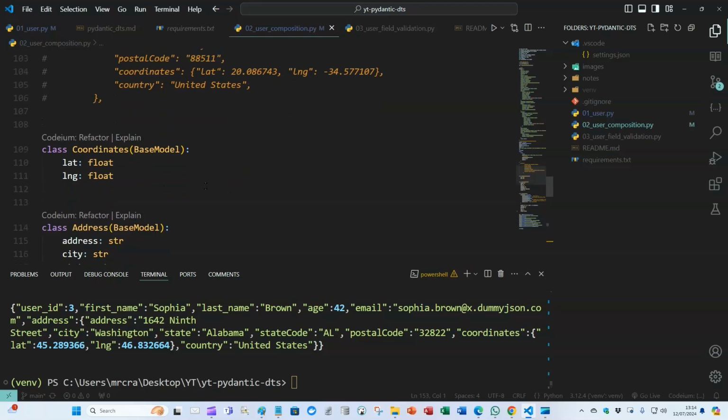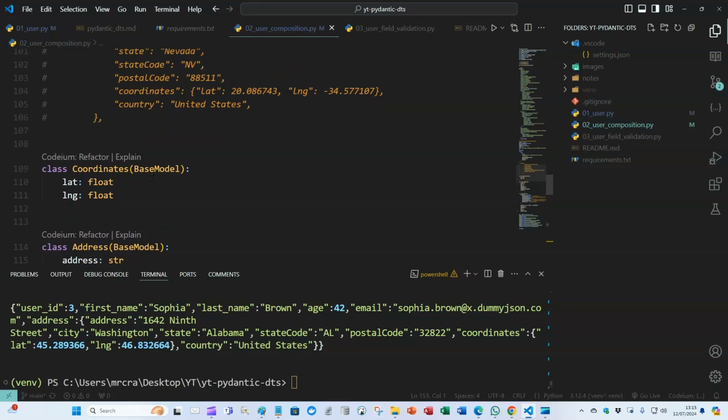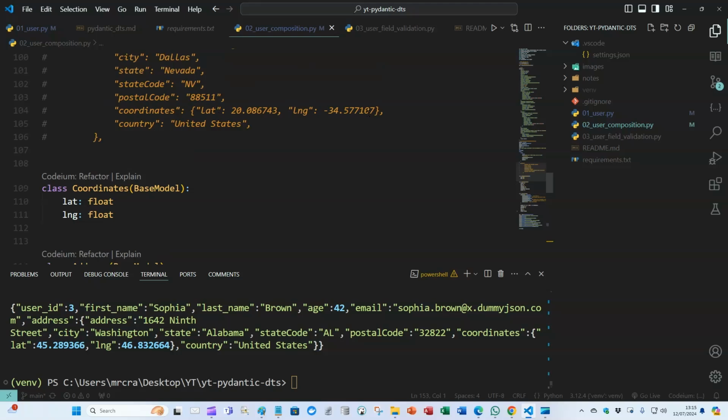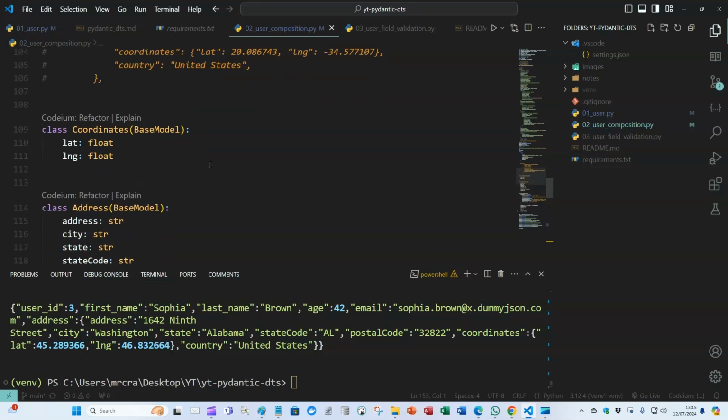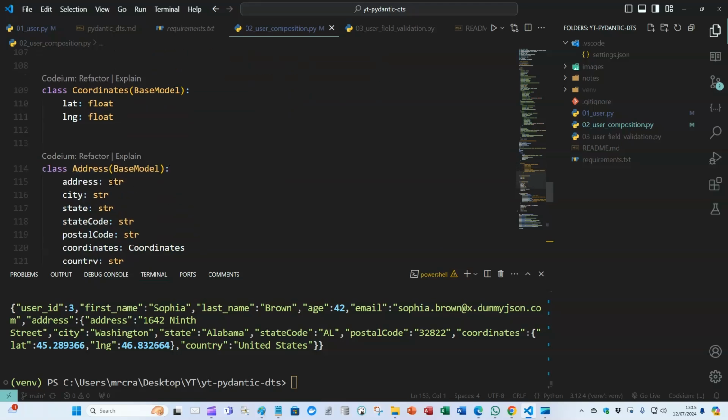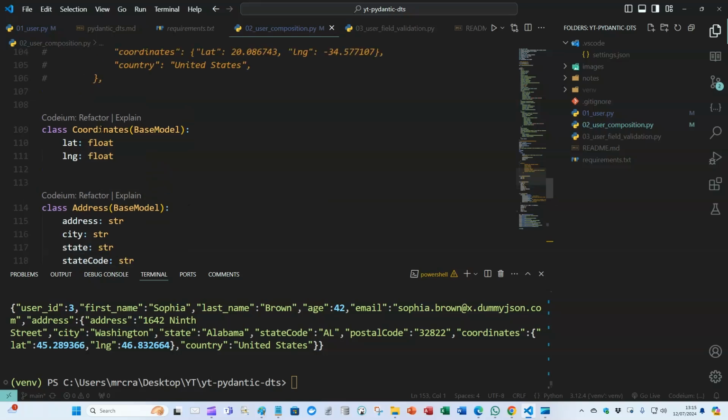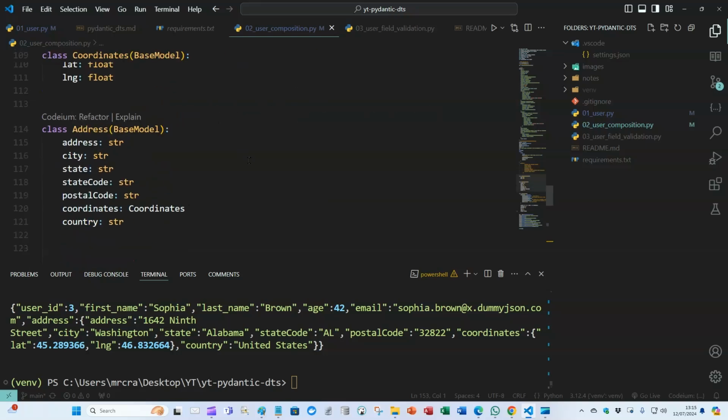So the first thing, we can make a base model coordinates using float for the latitude and longitude, because these are floats. We also have an address, which has the address field, city, state code, postal code, coordinates. We can nest in our coordinates, so these will be validated. Rather than validating the address as a dictionary, we're actually going to be validating this underneath the